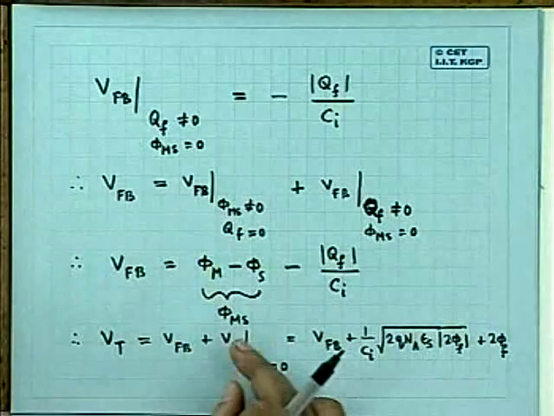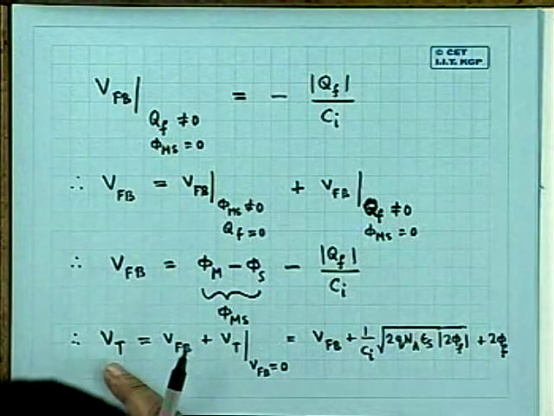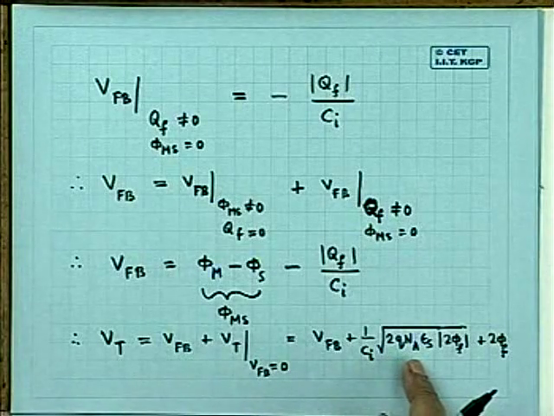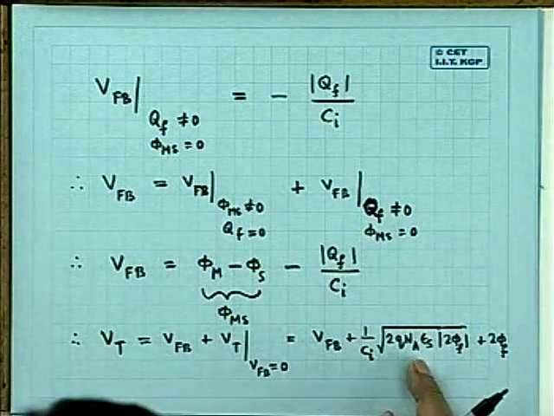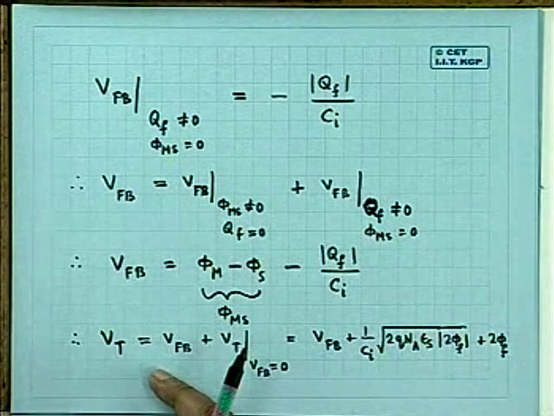Okay, is it okay? Now you are able to compute the value of the threshold voltage for the ideal condition when the flat band voltage is 0,